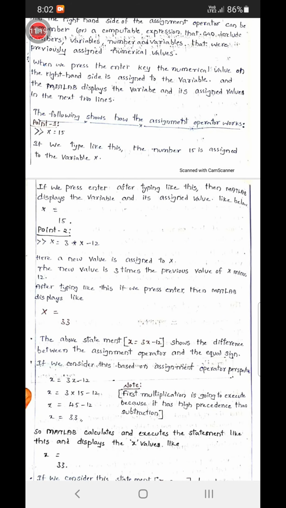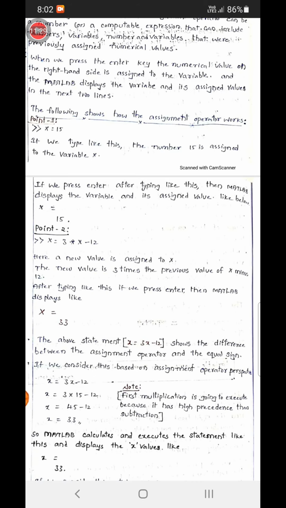In point 2, x assignment 3x minus 12. The variable is the same, x. Now we are assigning a computable expression to the variable x.